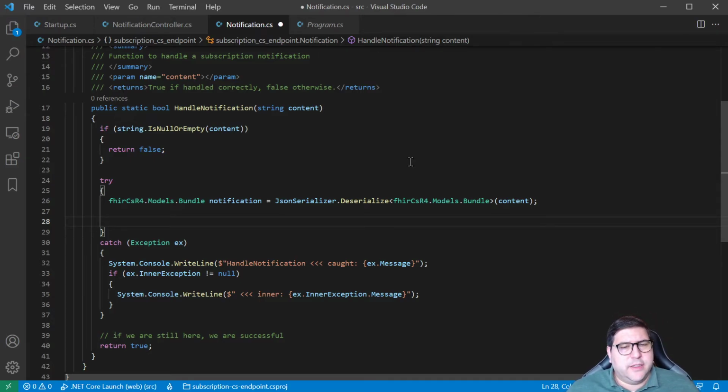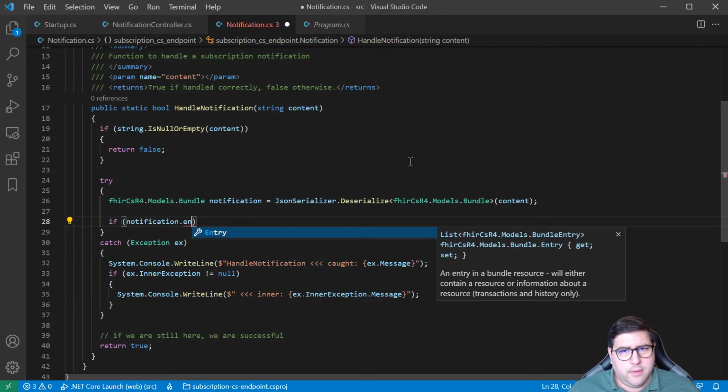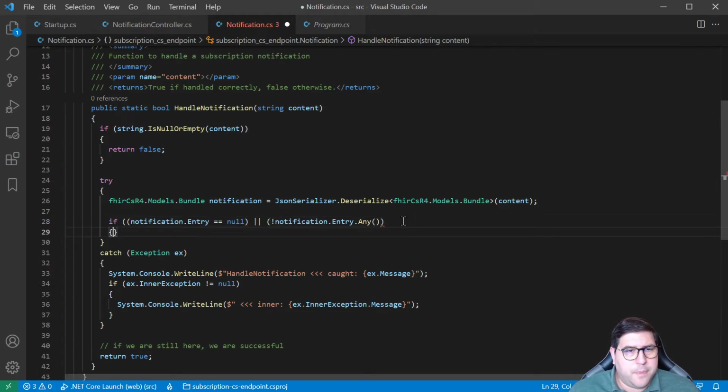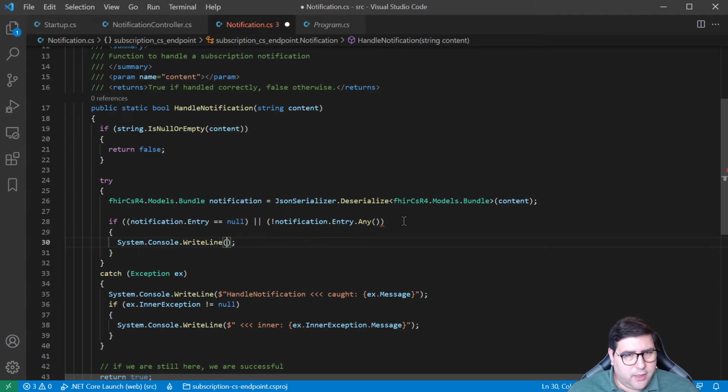And what we can actually do is look to see, again, thinking about what a subscription notification looks like, we know that there should be at least one entry that has a subscription status. So we can check for entries and see if this is null or has no content. So if not any, we know that there is a problem. So we can go ahead and write,